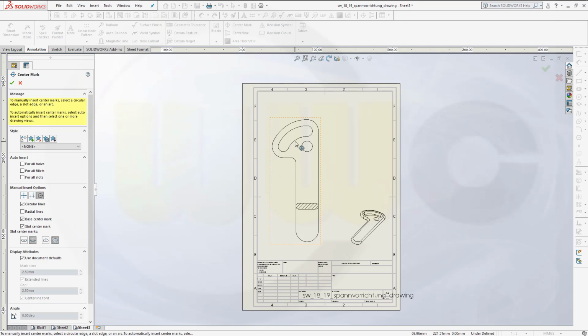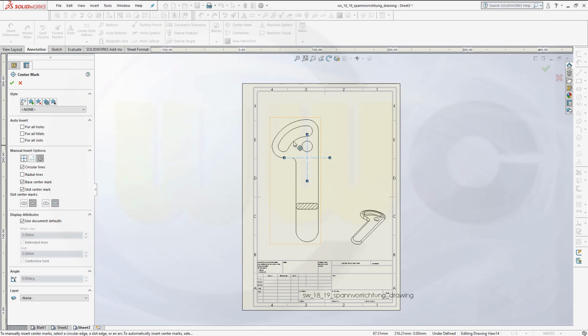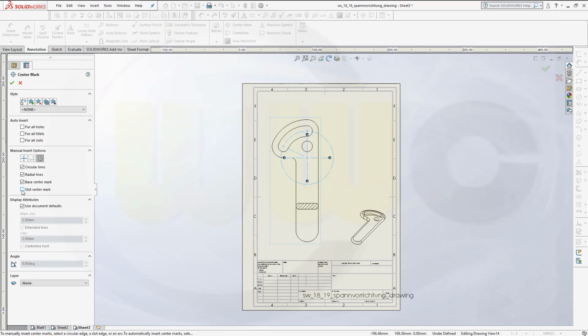So first select this one, that one and this one. And if you go for radial lines, looks like this, and I might base center mark, yes, slot center mark,